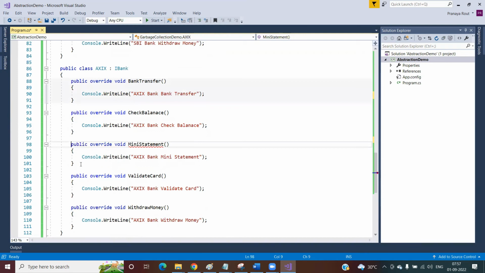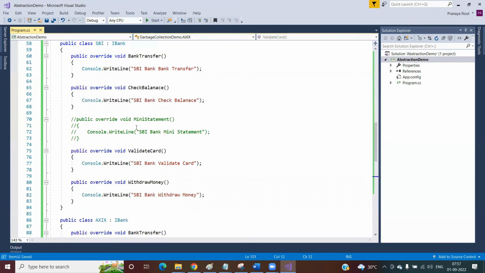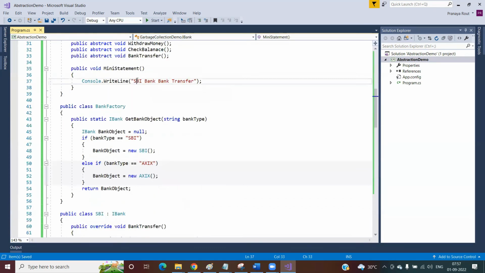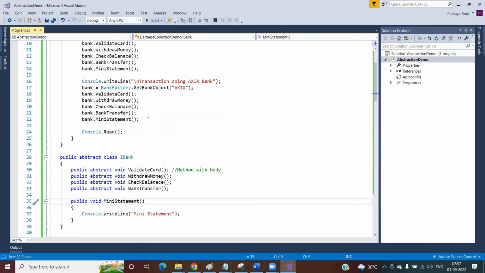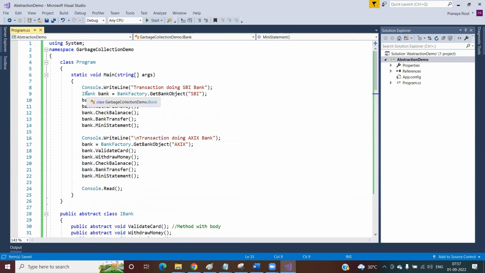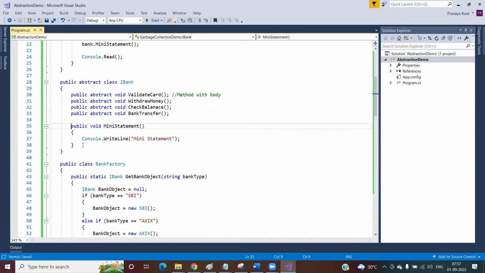I'm commenting this one, right? Now in this case, you can see this method is implemented inside the abstract class also. That means now if the user checks the IPAC class definition, then he will come to know the implementation details